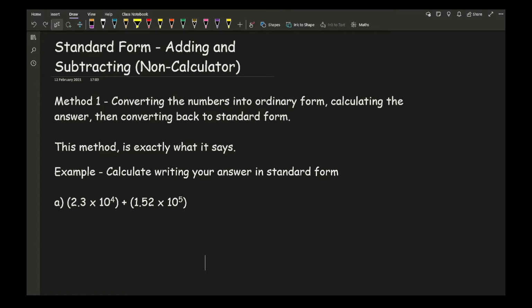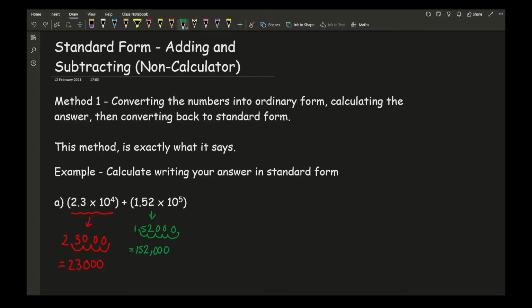So here we've got two numbers. We've got 2.3 times 10 to the power of 4. If I write that in ordinary form, I'm going to go through the stages of 1, 2, 3, 4. So that's 1, 2, 3 zeros, giving me a number of 23,000. And then I'm going to convert the second number, which is 1.52 times 10 to the power of 5, and here I'm going to move the decimal point 5 places to the right. So that's 1, 2, 3, 4, 5, and I'm going to fill the empty gaps with zeros, giving me a number of